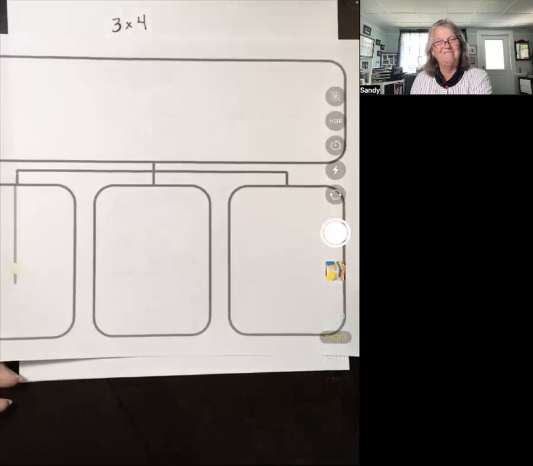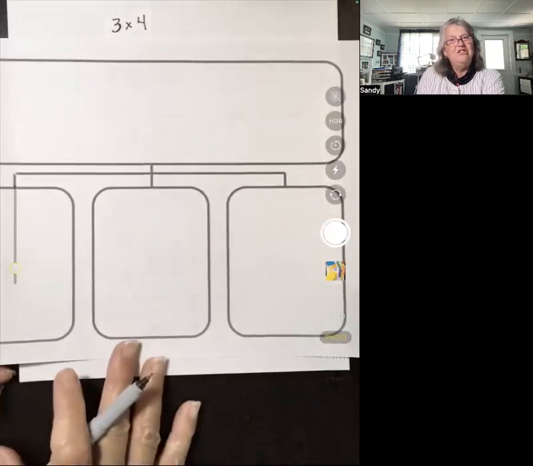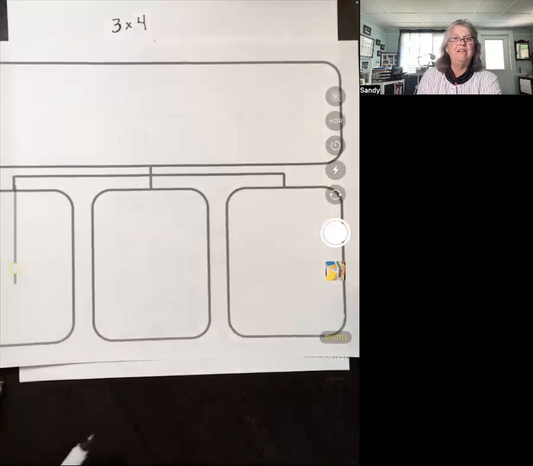multiplication and division. I hope you found this useful in some of the ways that your children may be experiencing